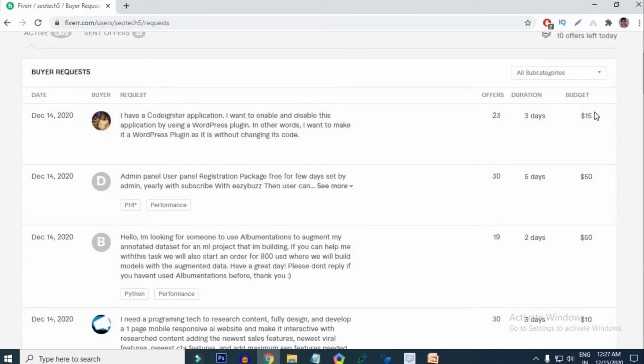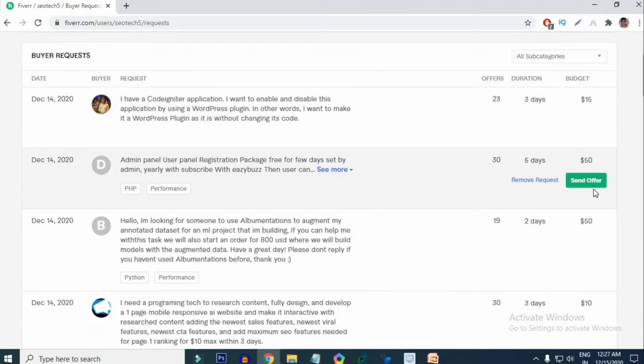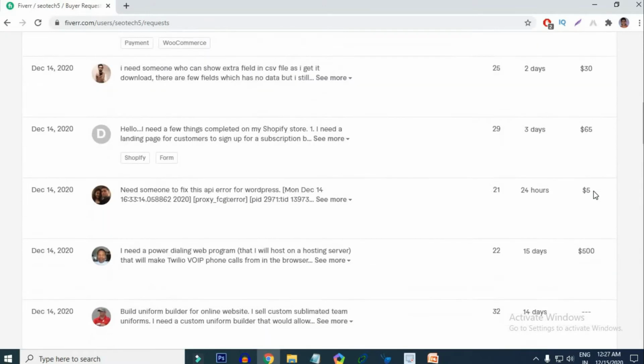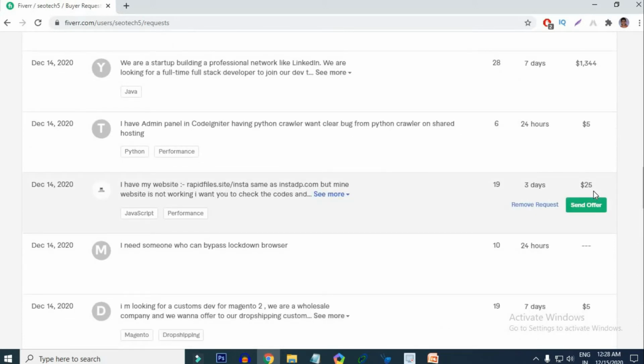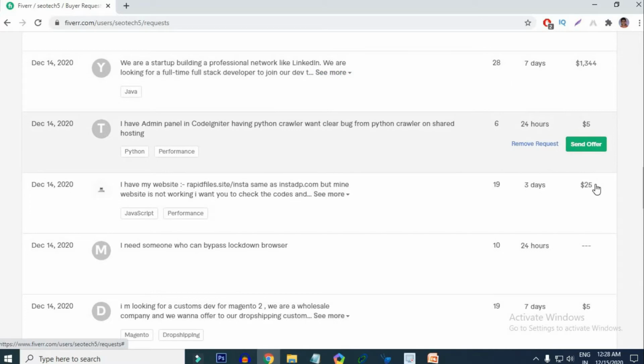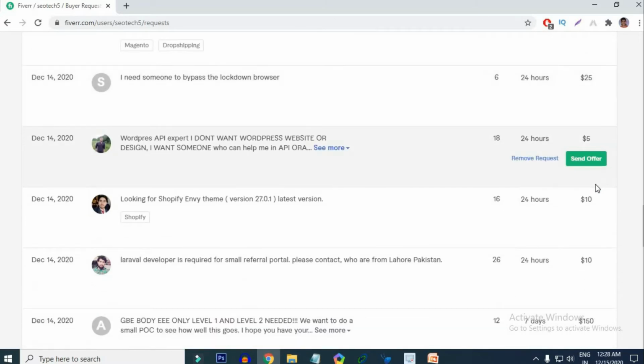It's called budget. We can say budget or offer price. In Fiverr, you can get the job done at a very low price compared to other freelancing sites. So mentioning your offer price helps you get more sellers to your project.